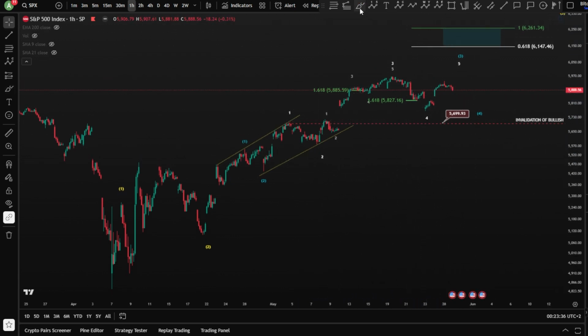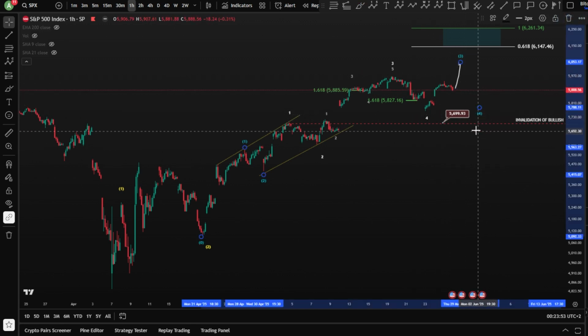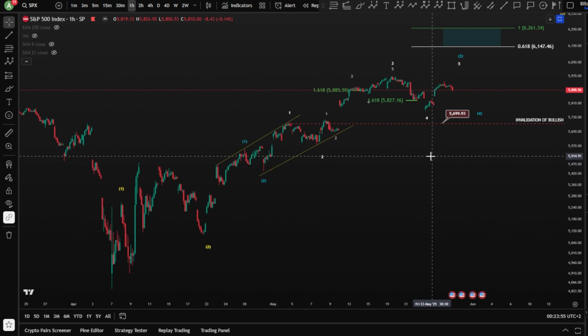I would like to see, by the way, as per alternation, since wave 2 here is an expanding flat, a zigzag as alternation for this wave 4, in case we are in a wave 4, but of course not yet, guys. I think one more wave and then a zigzag. So these are the possibilities, and that's what might happen next for Nasdaq and SPX.